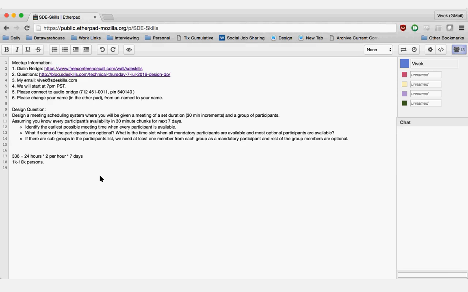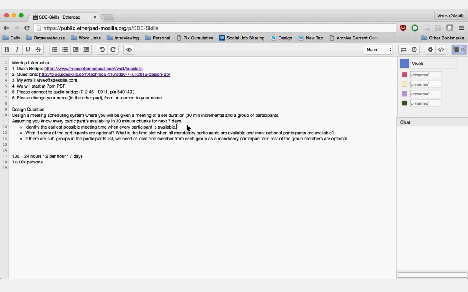The goal here, assuming you know every participant's availability in 30-minute chunks for the next 7 days, so you know exactly what the availability is for the 336 interval periods, is to find out if a meeting is possible where every participant is available. That is the first question. Once we solve that, we can complicate it further. But if nobody is available at the same time, then we need to say, sorry, we cannot schedule the meeting because, well, guess what, nobody's available.